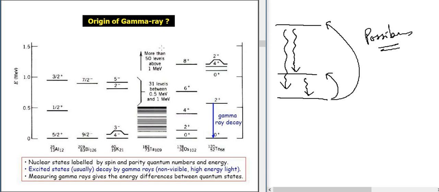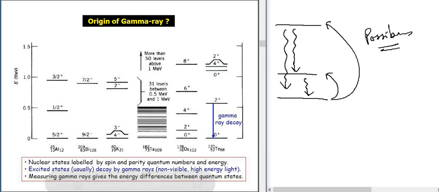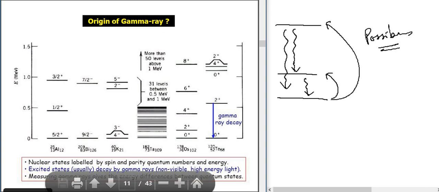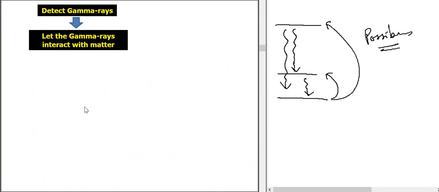Fine. Now, here are more examples of the excited spectrum for the other nuclei, starting from 25 aluminium to 120 tellurium. Okay, you see, each nucleus has its different energy levels. So what's the philosophy? The philosophy is to detect gamma rays, and for that we have to let the gamma rays interact with matter, and then